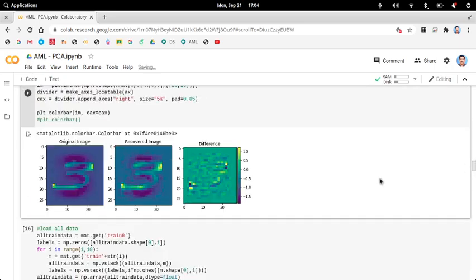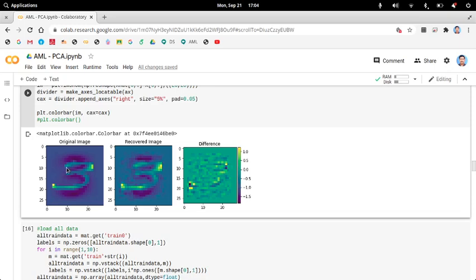You see that it almost recovers the image. This was with 784 components, and this is with only 125 components, and this is the difference between these two. So that basically explains what PCA does.